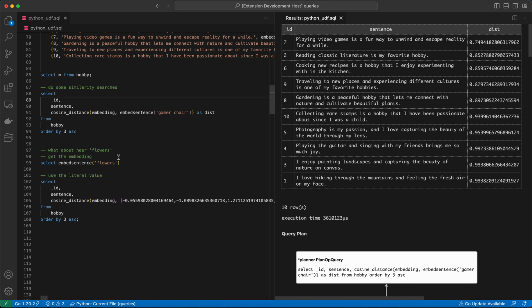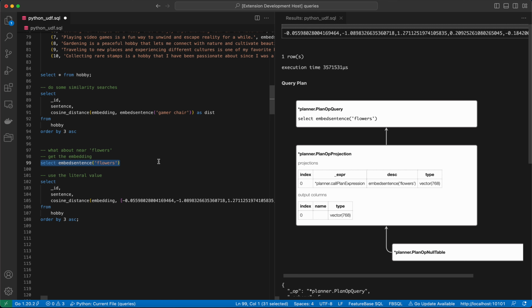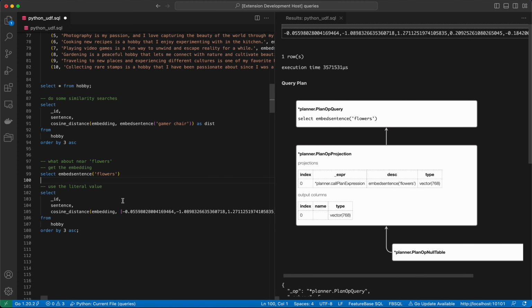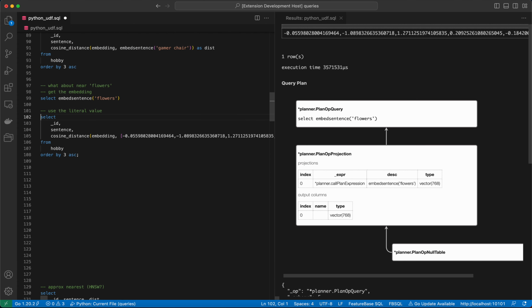Let's try something else. What about flowers? So this example here, I did the embedding in line, but let's assume for a minute that I already have a vector. So you can see here, if I embed the word flowers, I get a value that looks like that. And actually, I just copied that, 0.05598, and so on and so forth. Yes, that looks the same. So here's my vector here, and if I run this query,